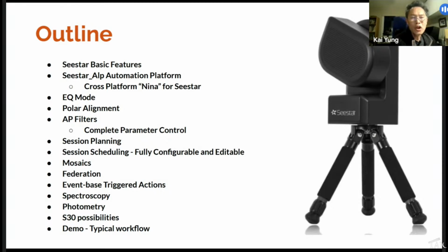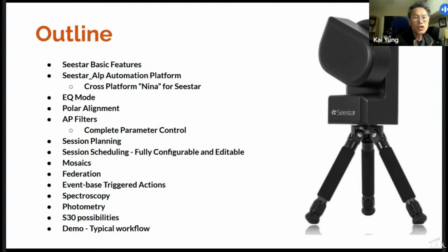As you may also know, Seestar is going to come out with a new firmware that will officially support EQ mode, and so we kind of covered that a little bit. We've been doing it for a year and 3 or 4 months, so we kind of know what we do. So I'll give you a lay of the land.